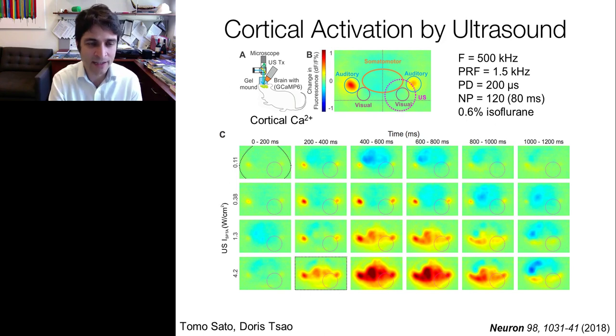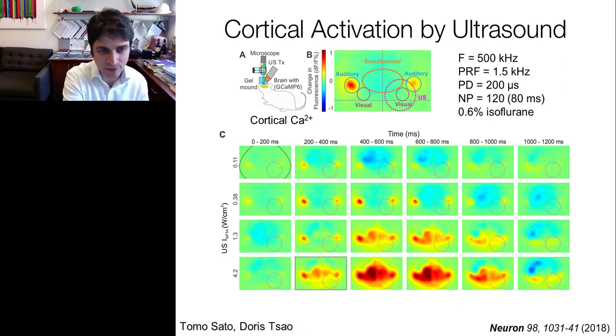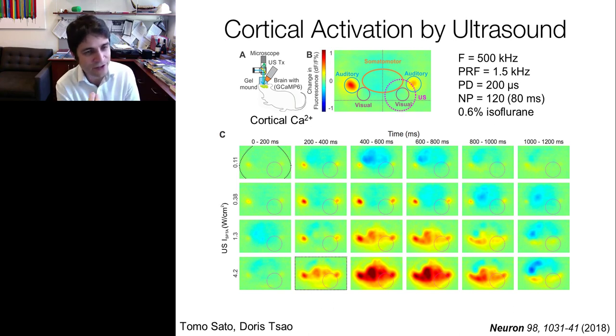And you can see that in these images here, the auditory regions are outlined in the top of the slide. And then in the bottom part of the slide, we're looking at that as a function of intensity and time. And the little circle in the bottom images outlines where we're applying the ultrasound. And so what you can see there is you get, instead of direct activation at the ultrasound focus, this contralateral biased activation of the auditory cortex. And if you apply a large enough intensity and wait long enough, yes, you will also see activation of the visual cortex,